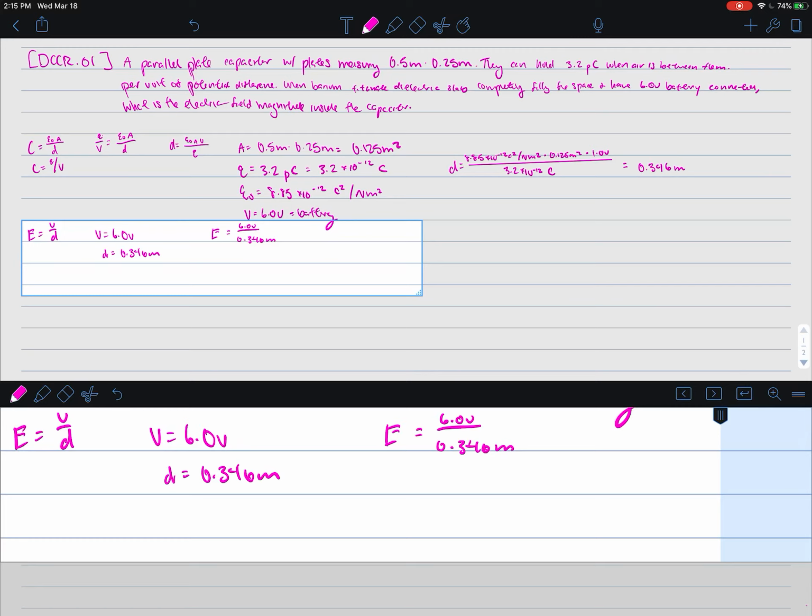Now I'm going to put that in. And that is going to give us 17.4 volts per meter. And that gives us the electric field for our